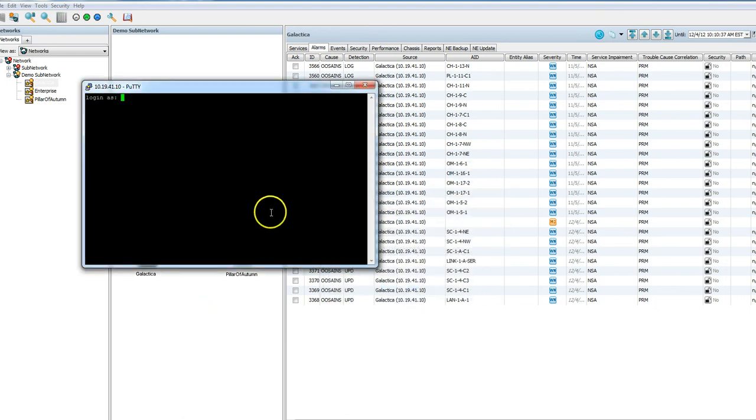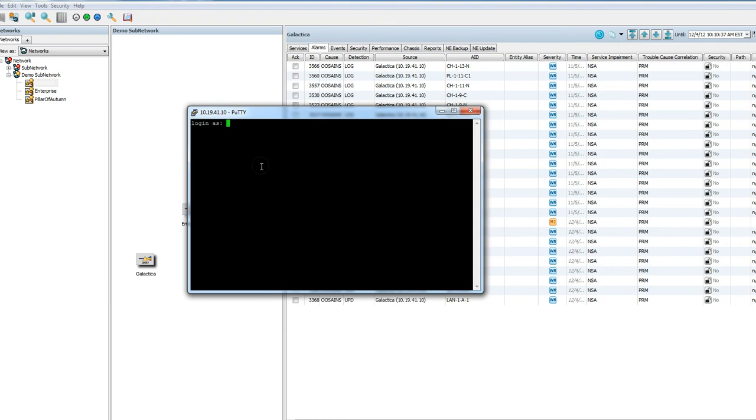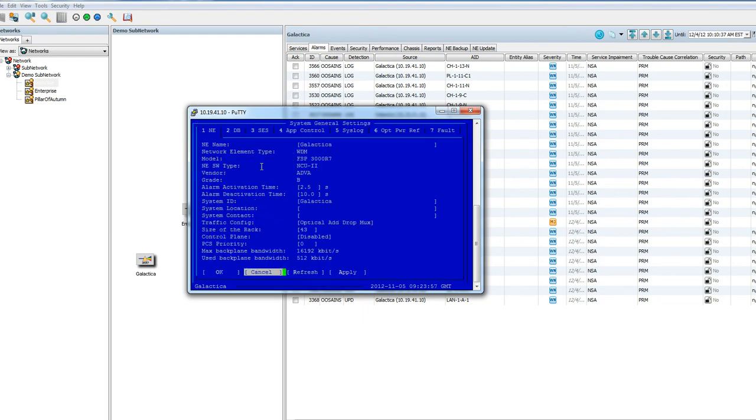So launching the CLI, I'm logging into the first node, which is Galactica here. My login is admin. I'm in the box. Now I don't have a control plane option on the screen here, but a couple of things I'm going to need to do, because I want my topology to be visible and I want the other details to also become available. So the first thing I'm going to do is go into System Management, System General Settings,